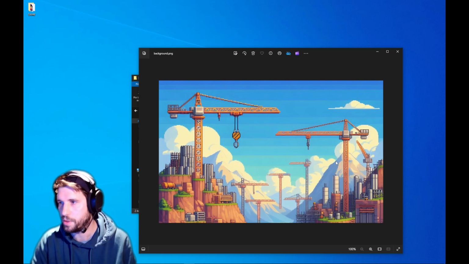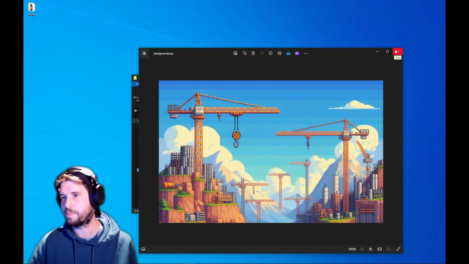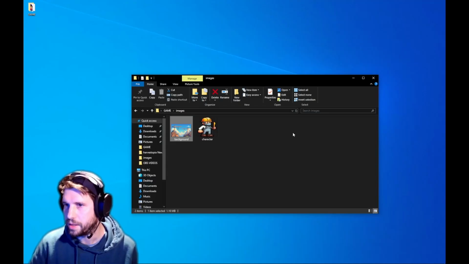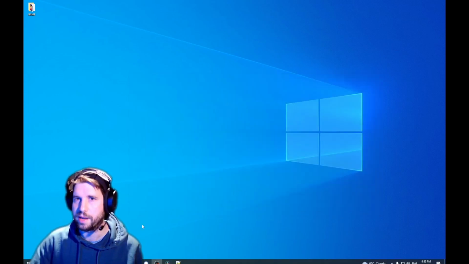I left it the size it was. I don't really care about that size because I'm going to use it as a background image, so we're pretty much going to stretch it anyways. Yeah, so the next thing we're going to do is add these things into our game to give it a little bit